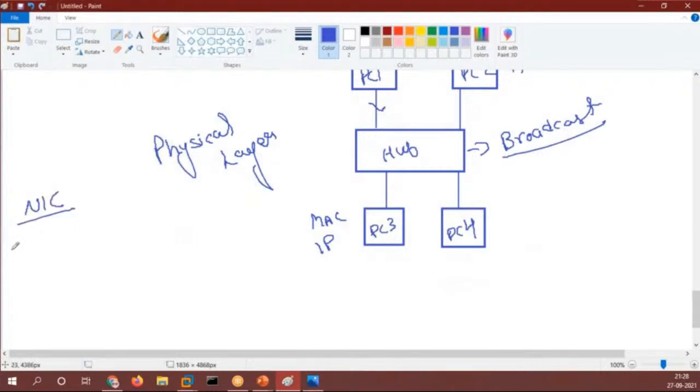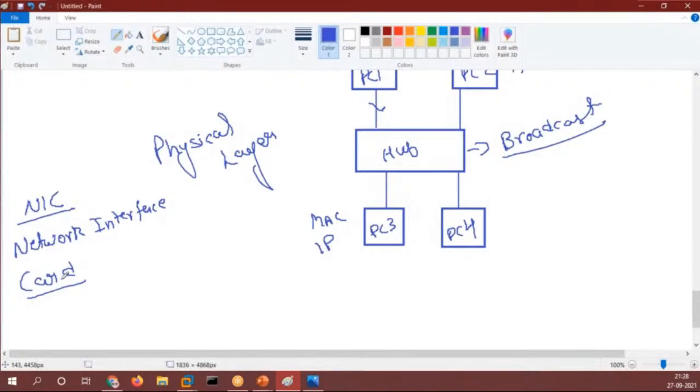NIC is your network interface card, right? Now what does the network interface card do? It takes care of the IP addresses, and it takes care of the network as well, that is, how you will be connected to a network. Now it is checking.